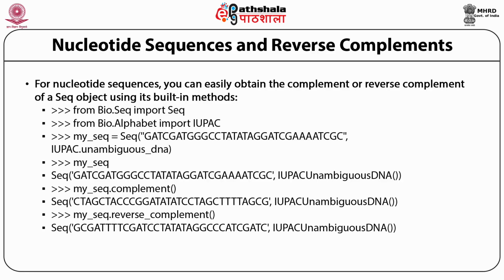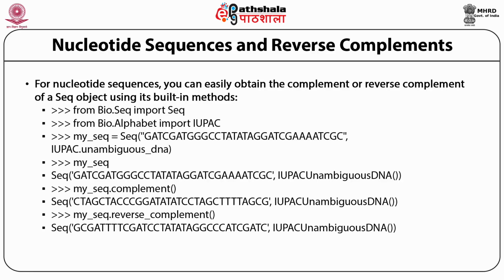So I import all the modules: from Bio.Seq import Seq, from Bio.Alphabet import IUPAC, and then I create a sequence object called my_seq, which we have seen already, and then the next line displays my_seq, and then the complement. Converting it to complement is very simple. I have already told you that any method in Python should be followed by a dot. Here we use the complement method. First I give the sequence object's name, which is my_seq, and then the dot operator followed by a method called complement. If I want complement, I say complement, and then it should be followed by an empty bracket. So here you see the output, the given sequence,